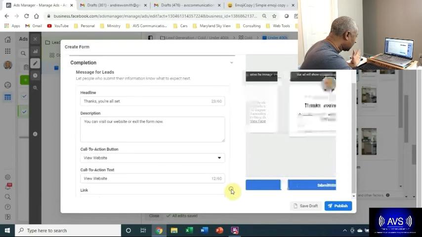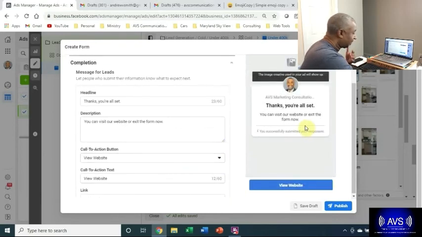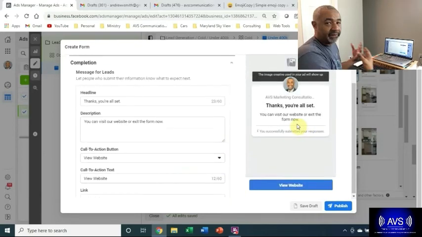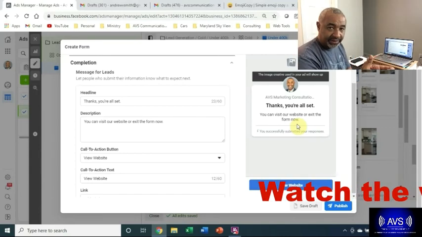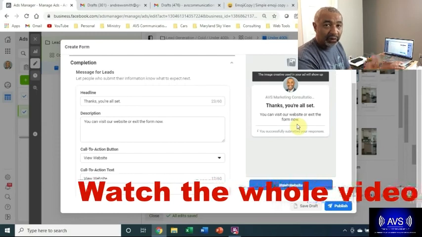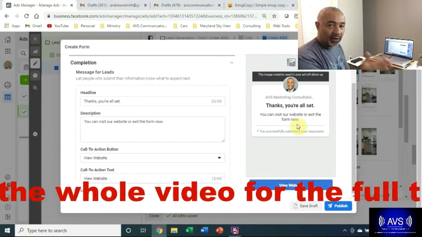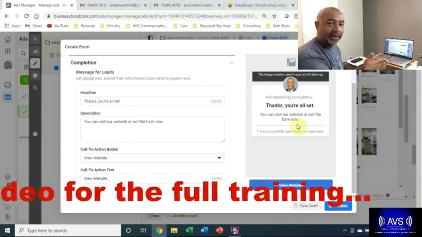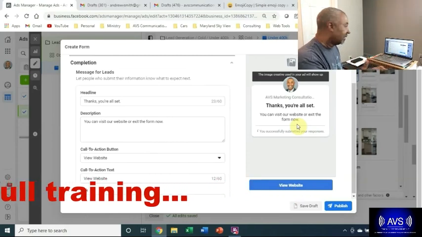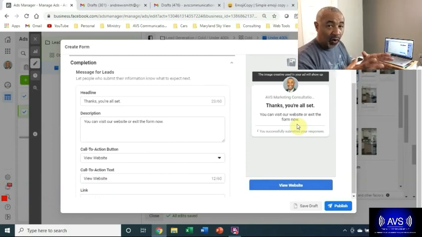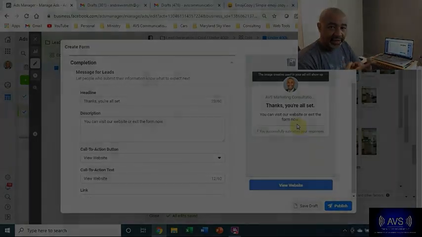So the last thing to do is click completion, and now this is where you're going to give them instructions on what to do next, basically, because at this point they would have given you their contact information. So now you basically want to send them to the content that they opted in for. In this case, an active list of homes in a particular county under 400,000. Now, the list of homes you will need to get from